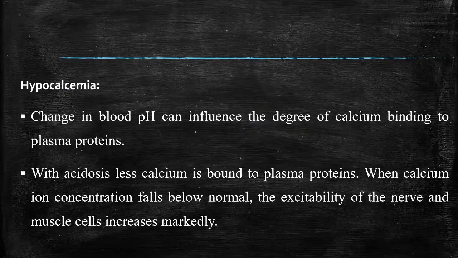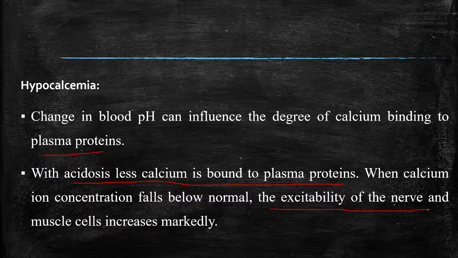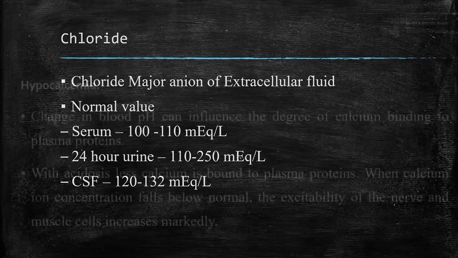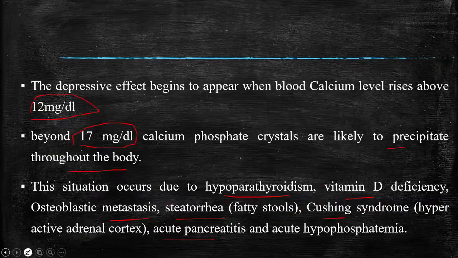Hypocalcemia: change in blood pH can influence the degree of calcium binding to plasma proteins. So with acidosis, less calcium is bound to plasma proteins. When calcium ion concentration falls below normal, the excitability of the nerve and muscle cells increases markedly. Okay. So the next thing is measurement of